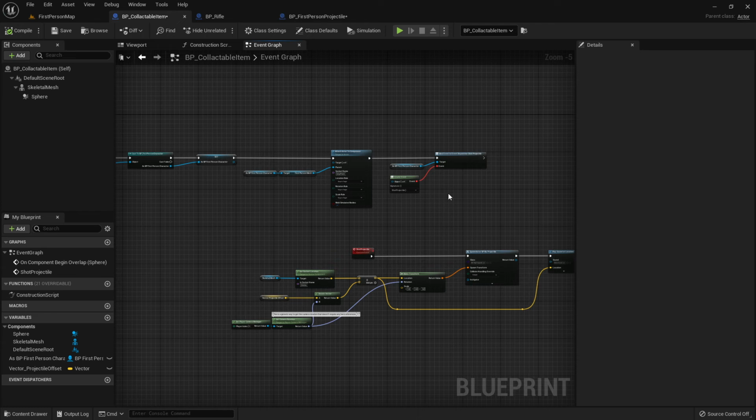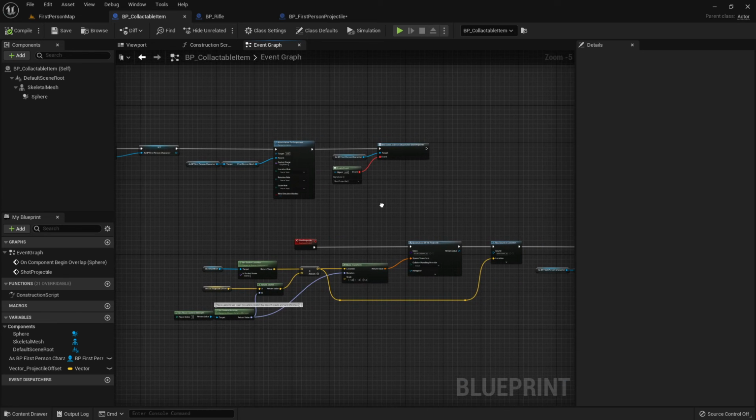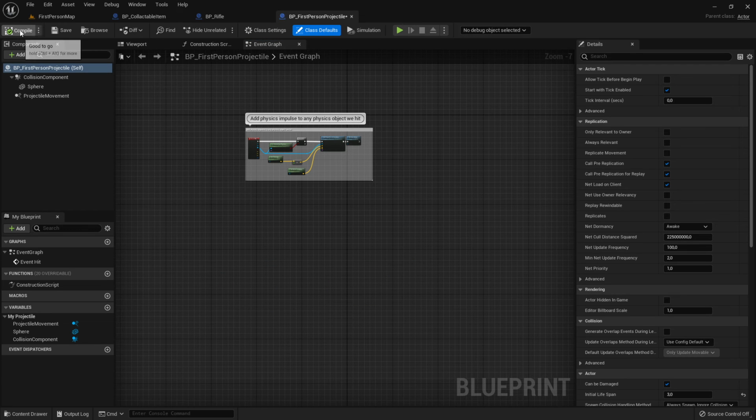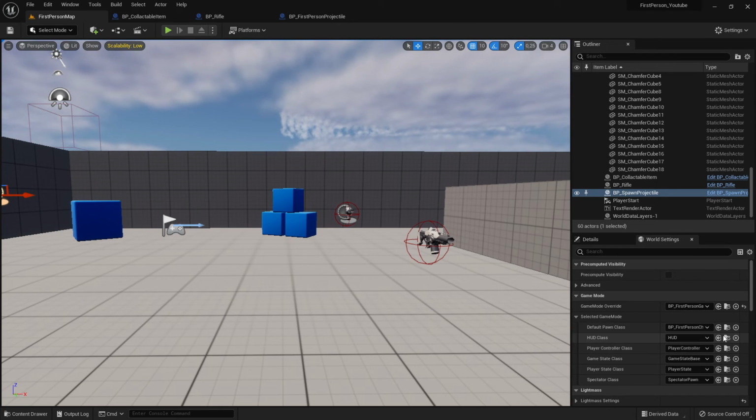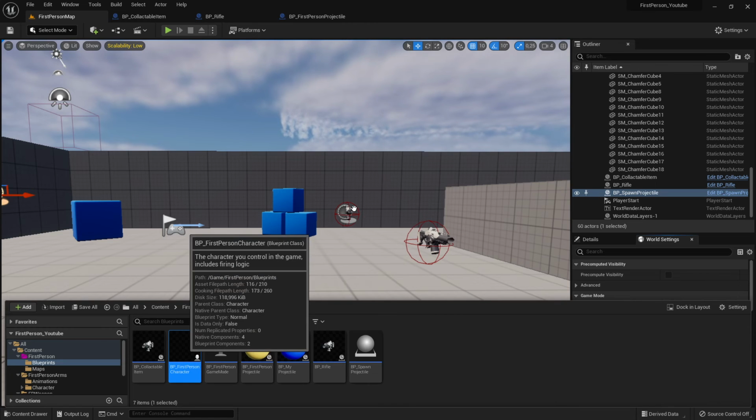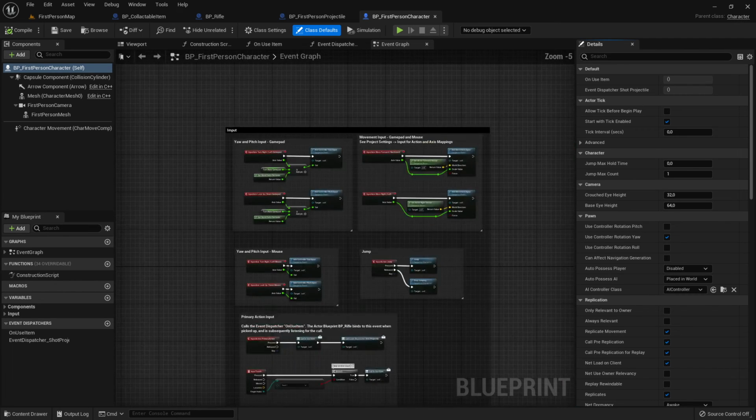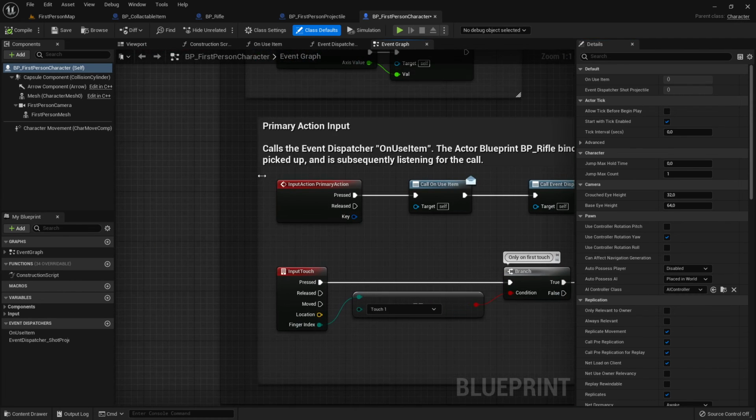Let me go through this event dispatcher one last time, because this is interesting to understand. So, where is the event dispatcher called? With our first person character. Let's open up our first person character fast. We go to the first person character. Here is the first person character. Here I press